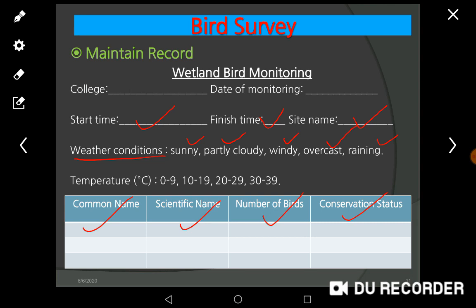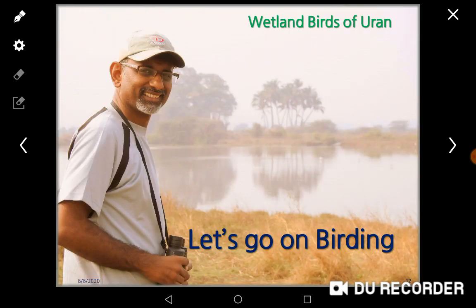There are different conservation statuses given by IUCN, you can mention in this column. Now this is actually the initial part I would like to tell all you participants. Now after this we shall go for